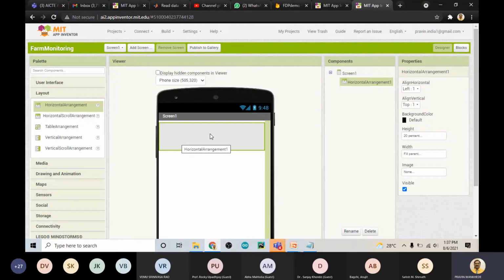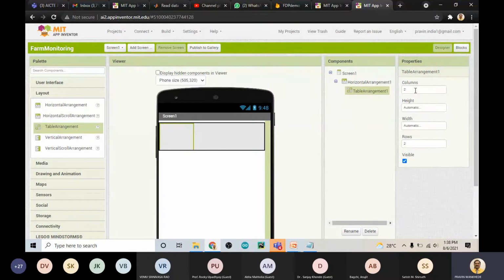Just like every app has some logo and everything, so that thing I am going to add. So just open table and add the table, and in the table write 2 columns, and width is fill parent. And height is automatic, and that height will be the height it will take of your horizontal arrangement.